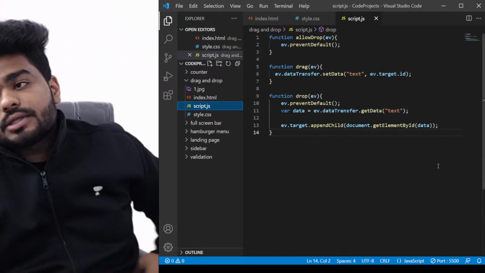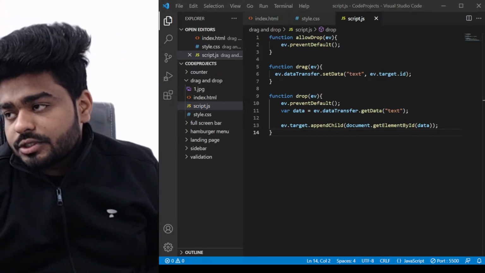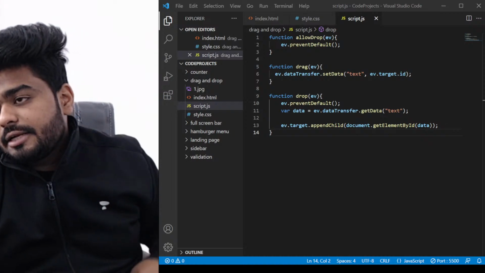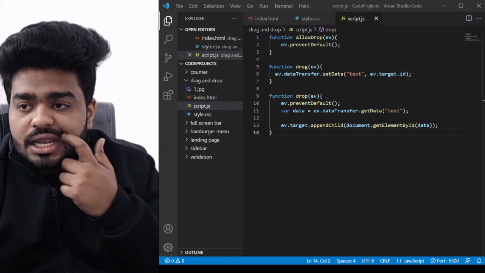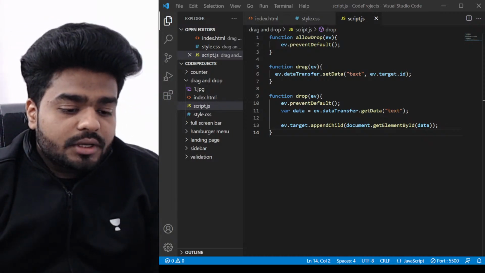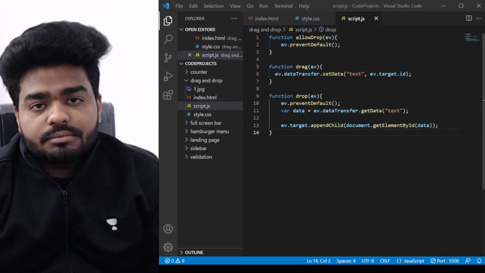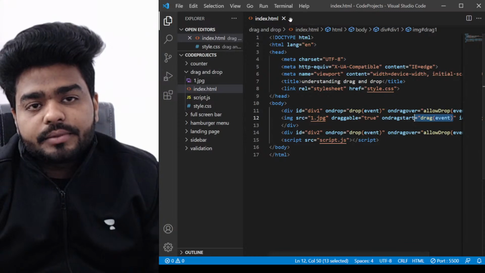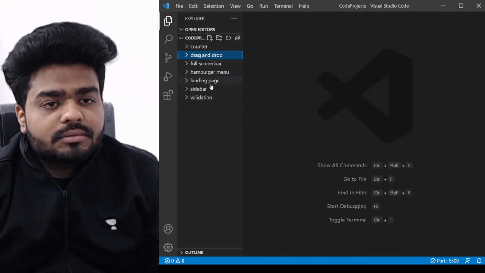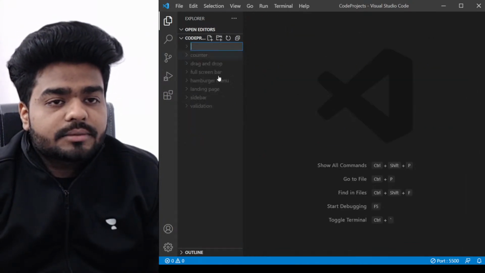Fine. So the error was really simple. It was not on click, it was drop. I hope you got this. Let me close everything and let's start doing one more part, which is the navigation bar. So let's try to do a navigation bar. You already know about it. Let's try to create this